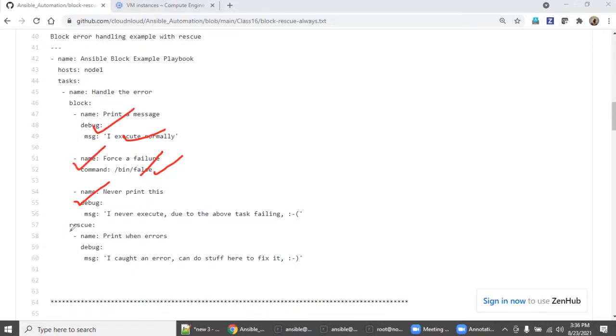Immediately the control will be transferred to the rescue section, and the tasks in the rescue section will start executing one by one. If there is no error, this will be executed, this will be executed, this will be executed, then the task will be completed. If any one of the plays throws an error, automatically the control will be transferred to rescue.